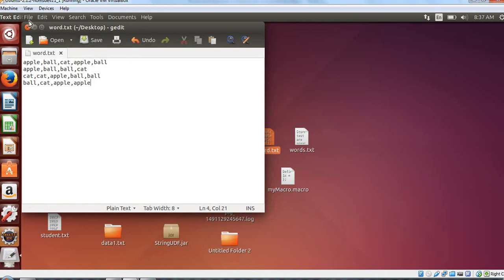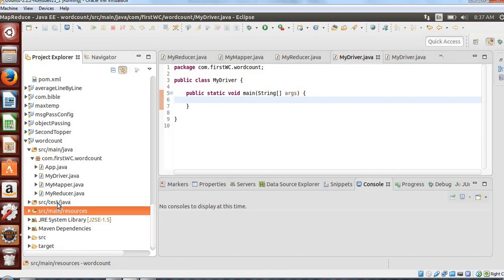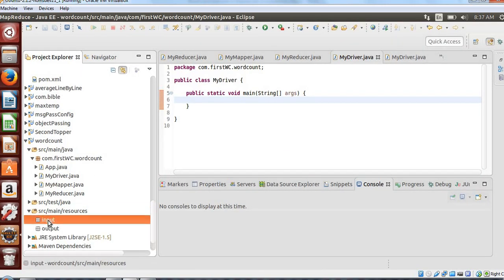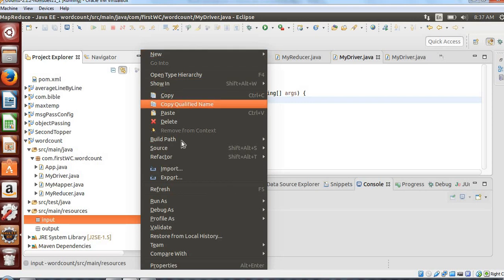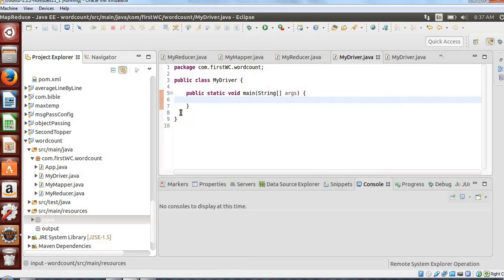Now my word.txt is ready. Close it. I'll copy and put it into my workspace, inside src main resources input. I'll paste it here. Done, it's added. Word.txt, and this is my output.